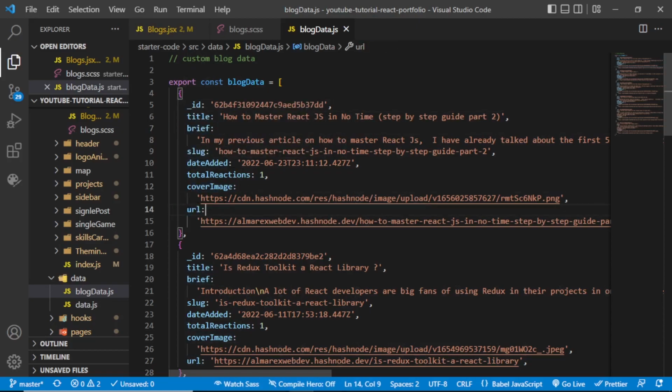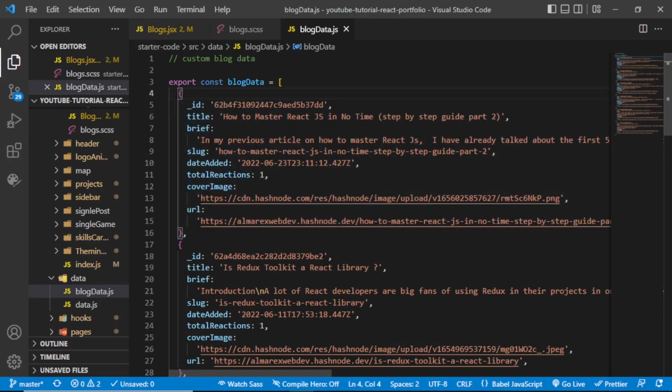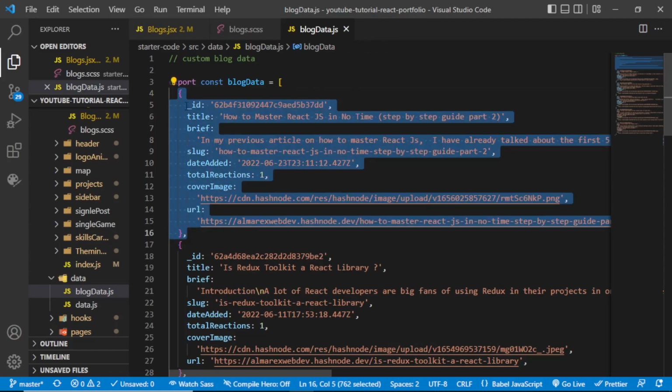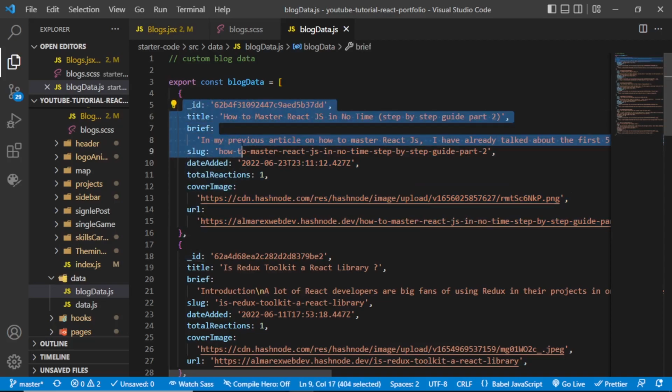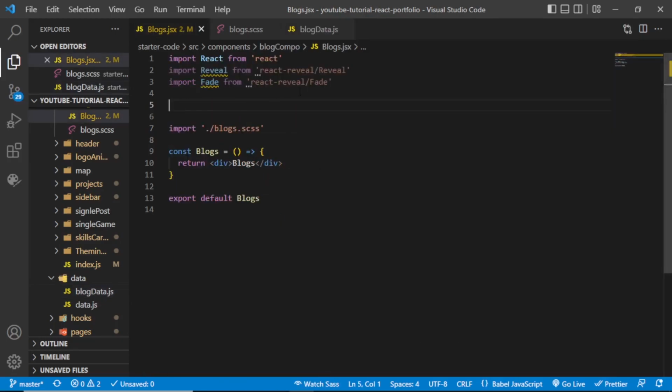So basically, I got this data from the Hashnode API, and I customized it a little bit in order to fit my own use case. So that is why I have all this information on my blogs that I do post on Hashnode. So we are going to iterate over this object and display everything nicely on our web page. So with that being said, let me navigate to my blogs.jsx and import